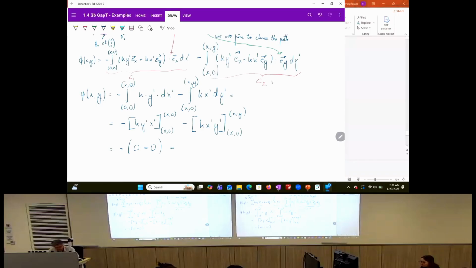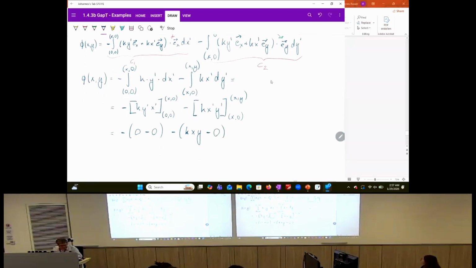And for the second, we have the endpoint. We have x and y. So we write k, and the x' becomes x, and y' becomes y. And for the starting point, the y' gets 0, so we are here. So in total, we get our potential, which is